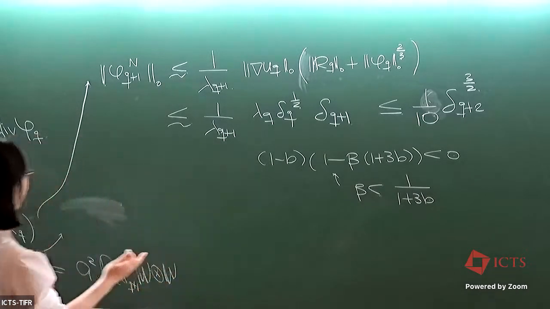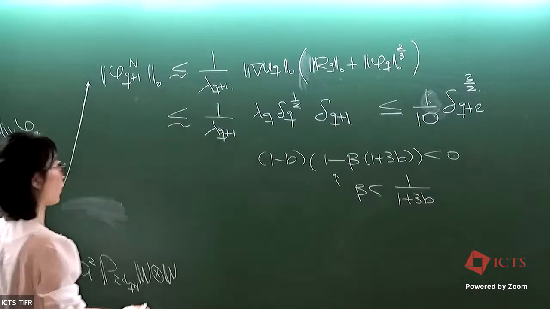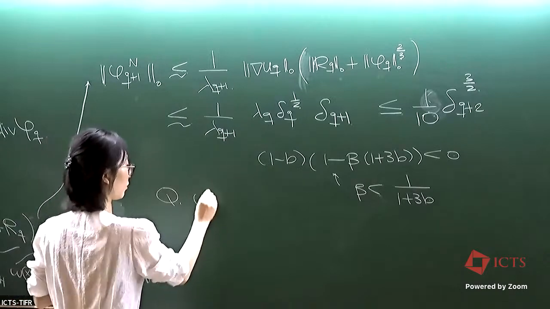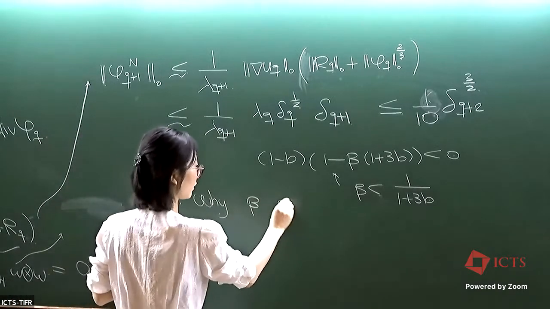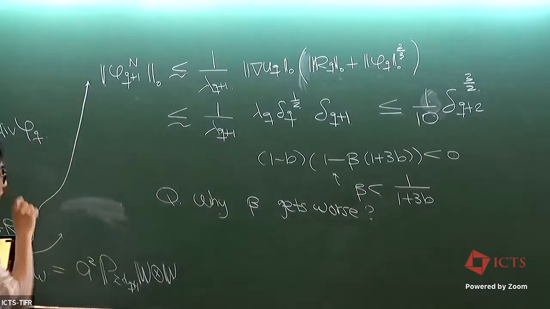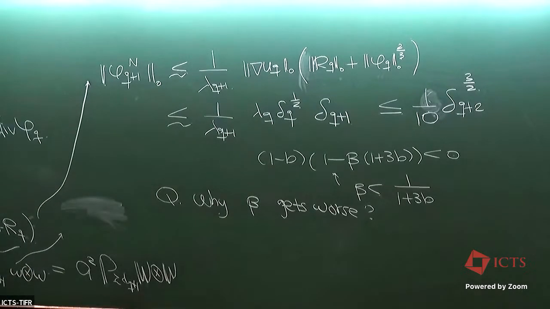Okay, and now you may ask, so what's happening here? So why does the beta get worse? The reason is the following. So first, let's think about the local energy inequality. It is actually obtained by taking, let's say, just imagine a smooth solution to the Euler equation. The local energy inequality is obtained by taking the inner product of the momentum equation with velocity,